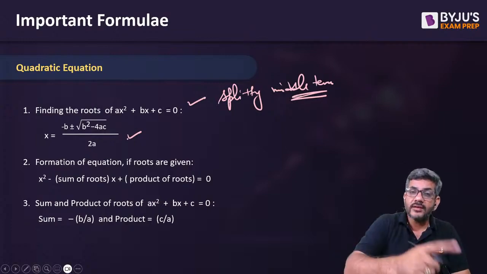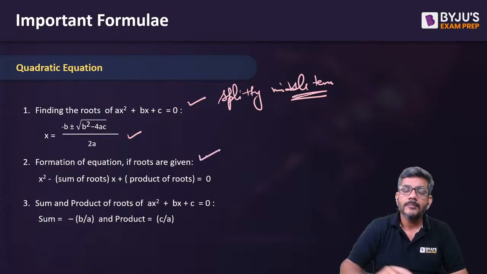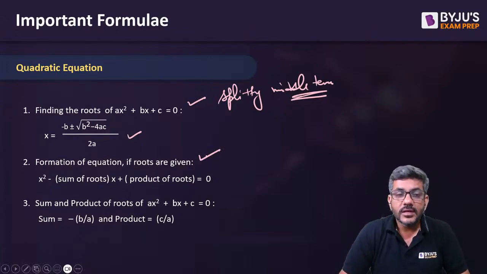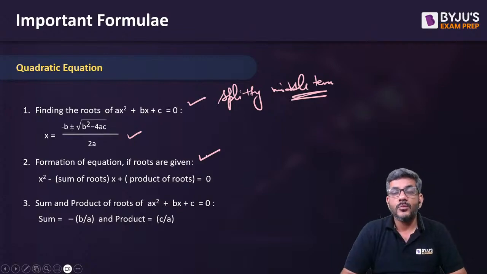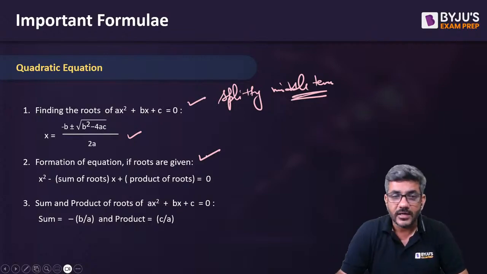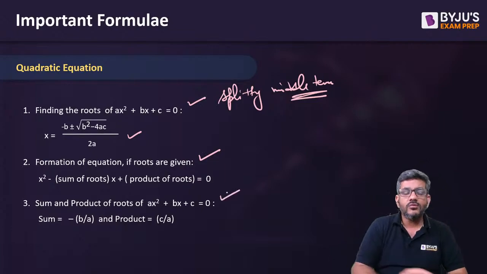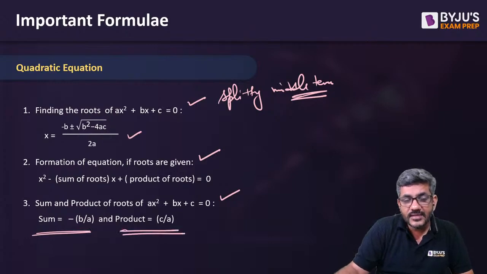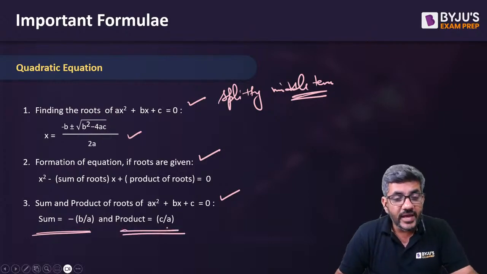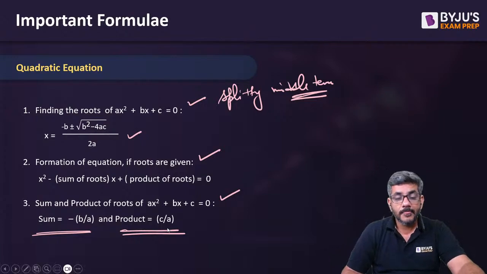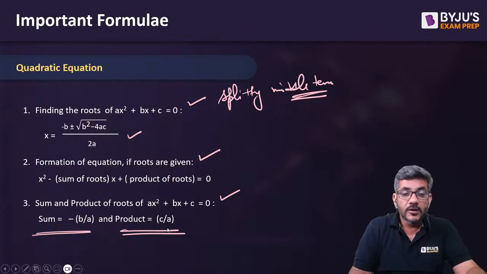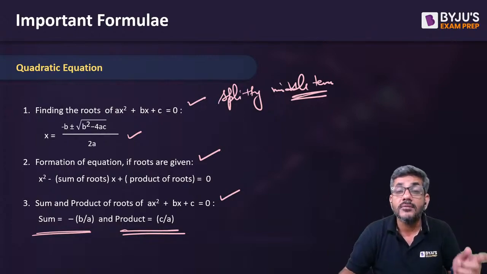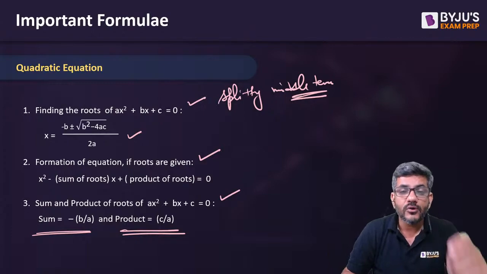But what if the roots are given and the equation is to be formed? ये रहा formula. x square minus sum of the roots into x plus product of the roots is equal to 0. That is the equation when the roots are given to you and you have to form the equation. Third, sum of the roots and product of the roots are given by: sum is given by minus b by a, product is given by c by a. What if we have product of the roots as 1? That means if c and a are equal, you look at a quadratic equation, आपको दिखता है x square का कोएफिशिएंट और लास्ट कांस्टेंट टर्म, ये दोनों बराबर हैं. इसका मतलब ये है roots are reciprocal of each other.